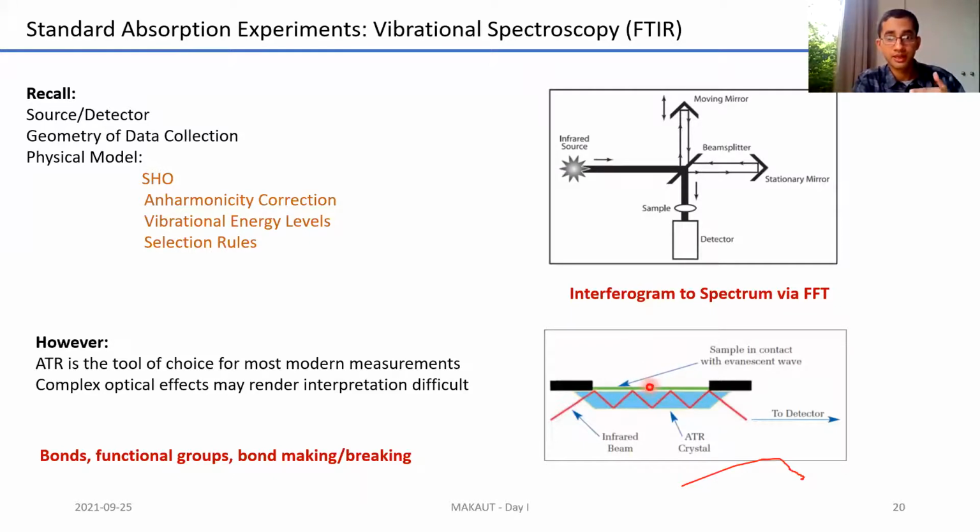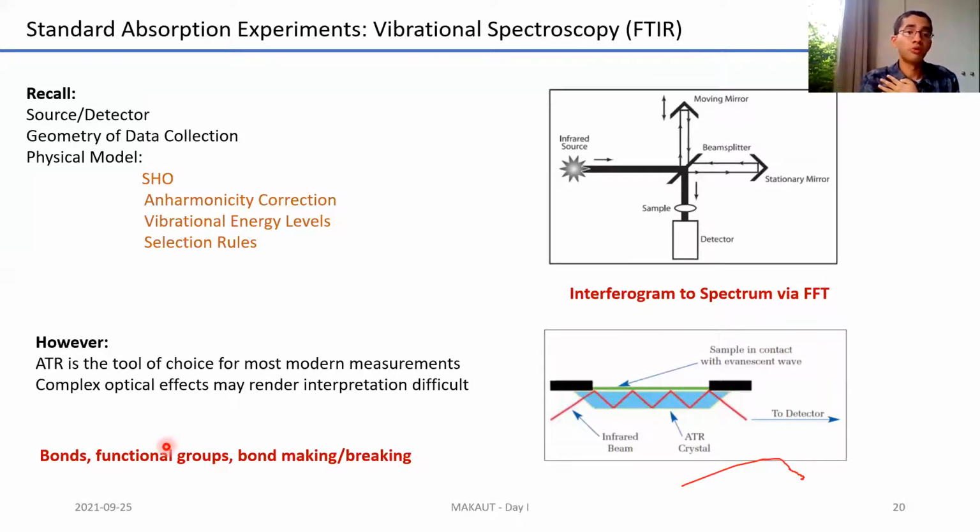These evanescent waves can then sample which presumably are kept on top of the crystal, and using this you can find information about bond making, bond breaking, so on and so forth. Summing up the IR side of things, it is a technique based on Fourier transforms, a very important tool in spectroscopy, which you will use later in some other techniques as well.